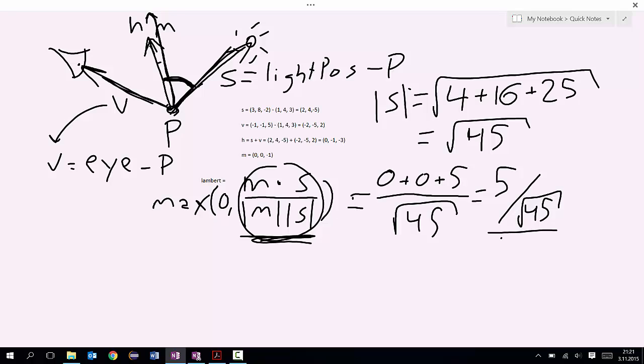And then we're going to look at the angle between h and m, saying that if h and m are exactly parallel, then m is between v and s,